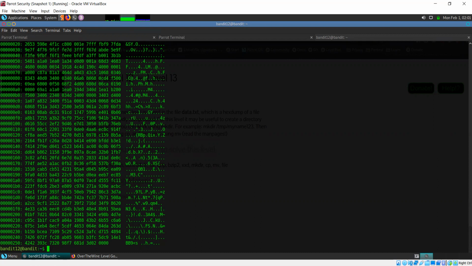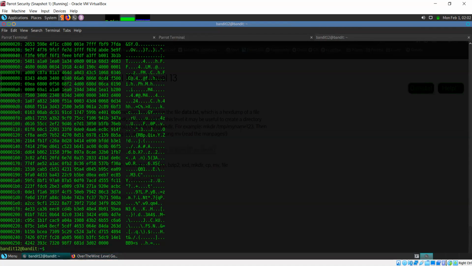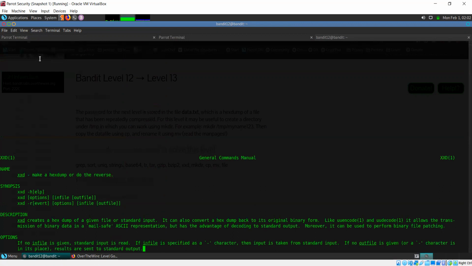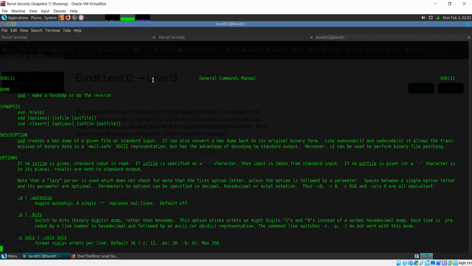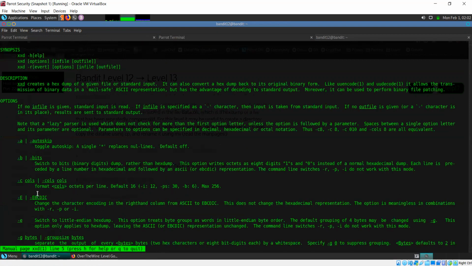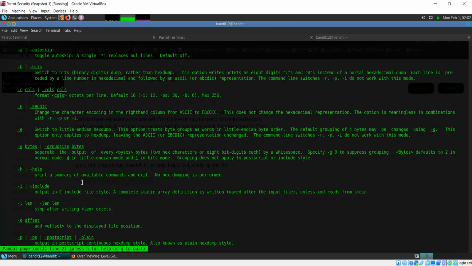No? Okay, so there is a command known as xxd. If you take a look at the manual, it says it's used to make a hex dump or do the reverse. And if I scroll down a little bit, the hyphen R option says that this is used for the reverse operation.